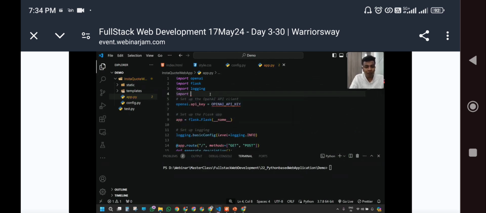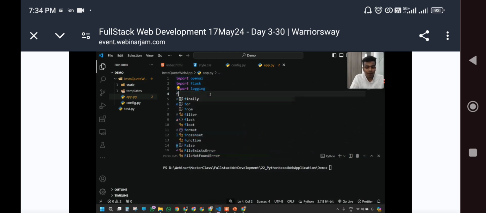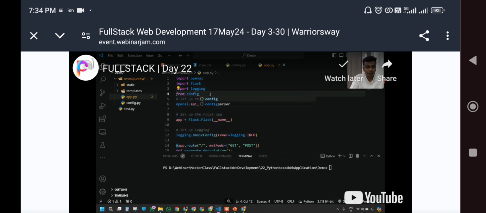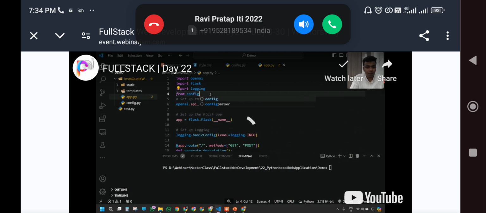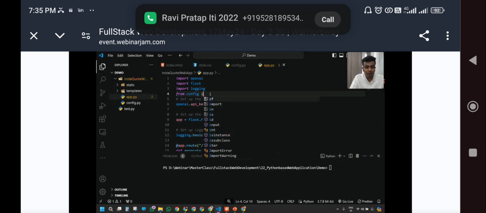You can just write from config import OpenAI API.